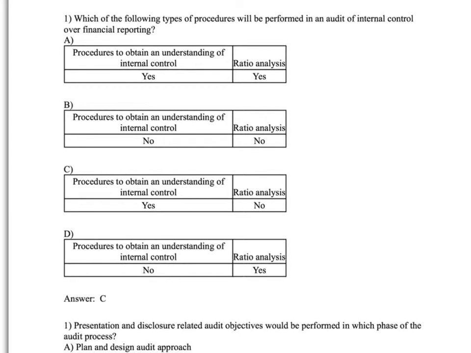So which of the following types of procedures will be performed in an audit of internal controls over financial statements? You have to obtain an understanding of the internal controls, right? This is what you did in the planning section: you were understanding what was going on from a control environment standpoint. But remember, in your planning, you did not do any ratio analysis. This is not the time to be performing ratios or analytics or anything when you're doing an audit of internal controls. The main purpose is that you understand the internal control environment, and then you get into the specific testing